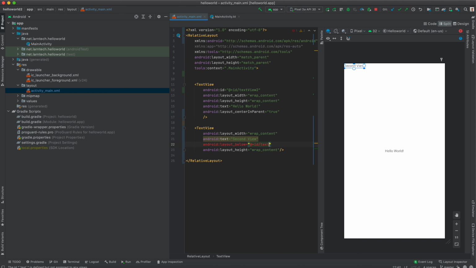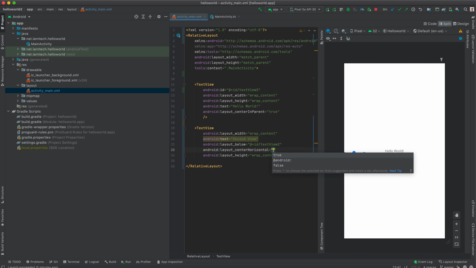Okay, it should be below text view 2, and then I want it to be centered horizontally. That is true. So I can position it here. So I can align horizontally, vertically. If I want to do it side by side, I can say